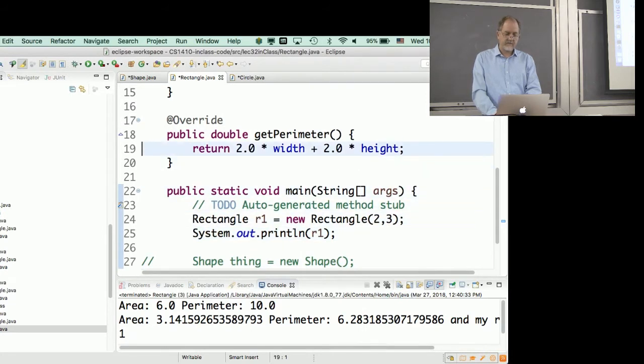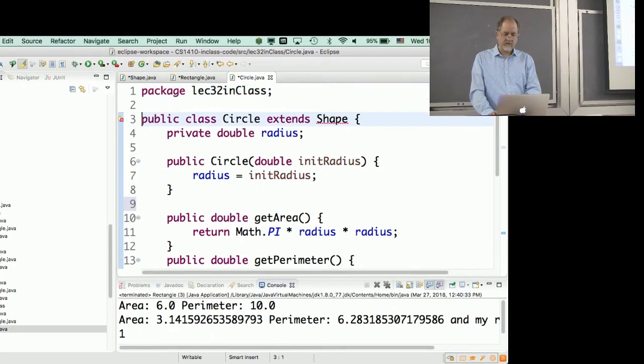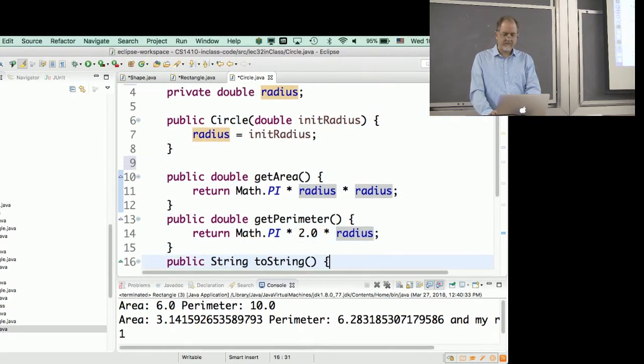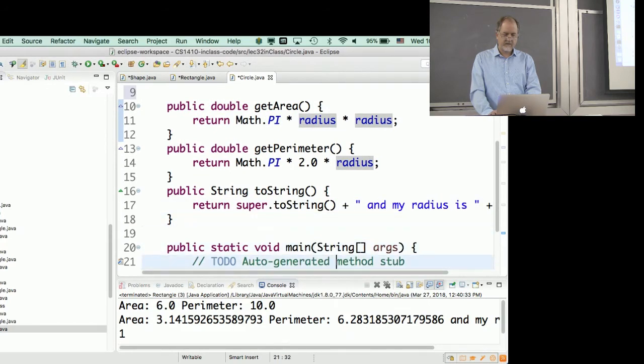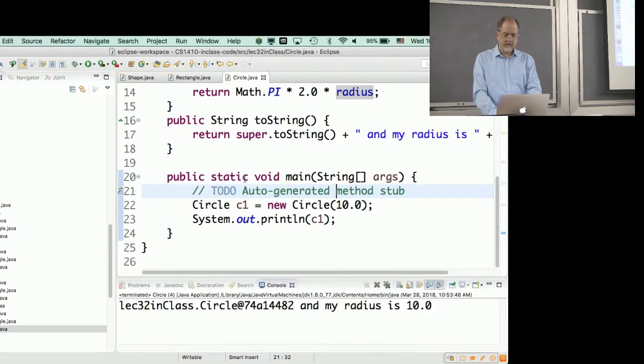And that seems fine. And same thing with Circle. I am going to implement Shape. And I implement area, and I implement perimeter. I have my own toString, that's fine. And so if I run this, does it work? Okay, so I ran it. I made a circle object. I printed it out. I returned the super toString. This toString actually comes